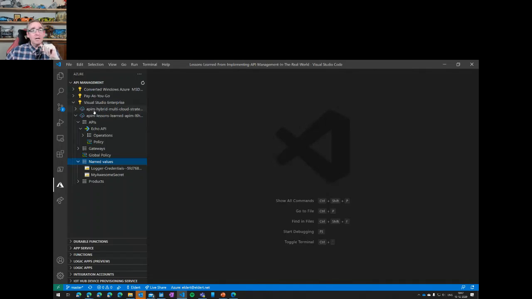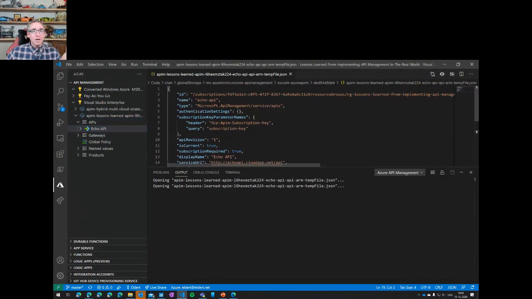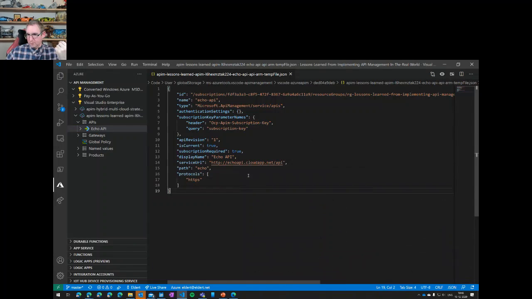And what you see here, I have all my different subscriptions. In my subscription, I have my different API Management instances. And if I take this API Management instance over here, let me just make sure I have the correct one. There we go. So if I have this over here, I can now just start looking, okay, which APIs do I have? I can then actually start looking at those APIs.